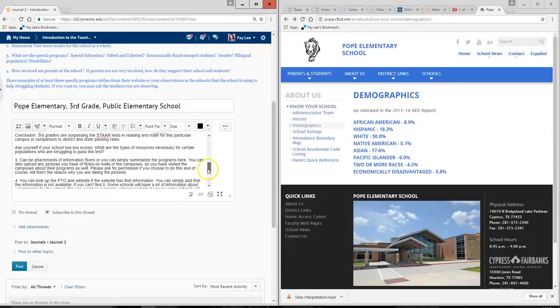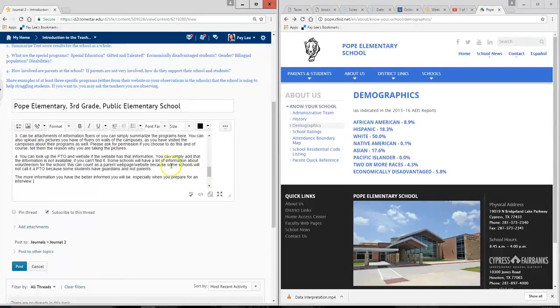Okay, so you can also see here that I've added in this post how to answer number 3 and how to answer number 4. And I also put